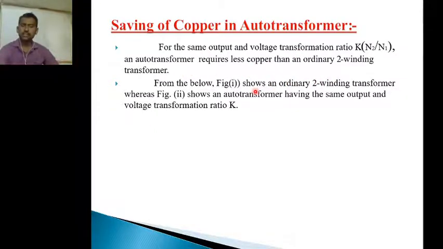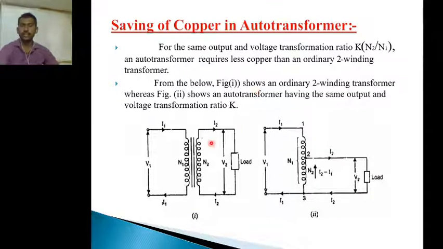I already told. And the diagrams for the two winding transformer and auto transformer, for the same output and the same voltage transformation ratio, are as shown in this figure. Here we have N1 number of turns on the primary side and N2 number of turns on the secondary side. And here also, primary side N1 number of turns and secondary side N2 number of turns, and here we can divide our primary into some parts, 1 to 2 and 2 to 3, and some part will be taken as a secondary. That part is nothing but 2 to 3. There the current is I2 minus I1.